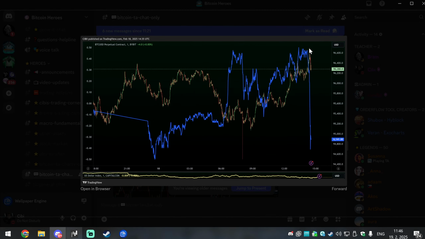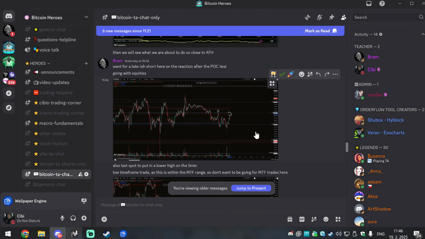Once we tap the point of control, the 14-day point of control, equities were opening immediately with a big sell-off. So this was putting immediate pressure on Bitcoin. If Bitcoin has no catalyst on its own, because we've had so many in the past year, but if Bitcoin is chilling, it's got no catalyst, it's going to be attached to the equities. Equities immediately selling off, Bitcoin also started immediately selling off.